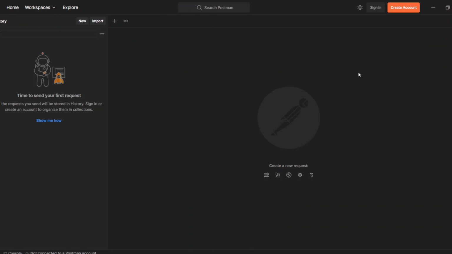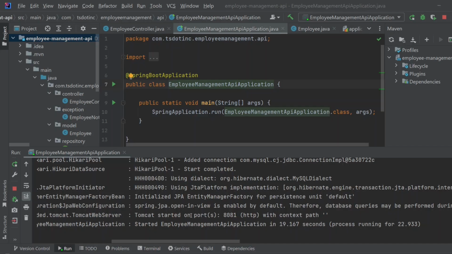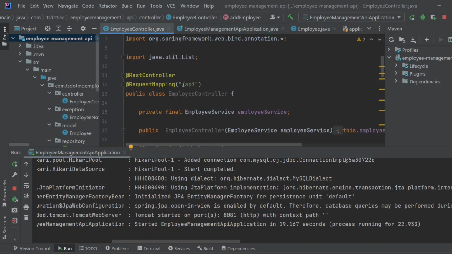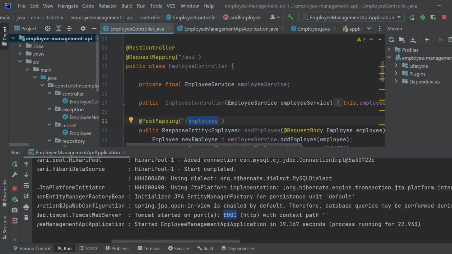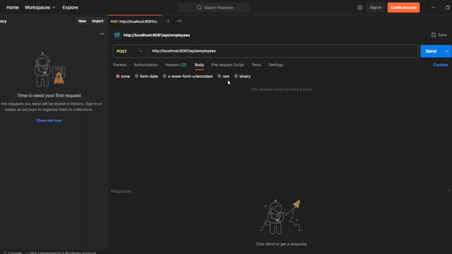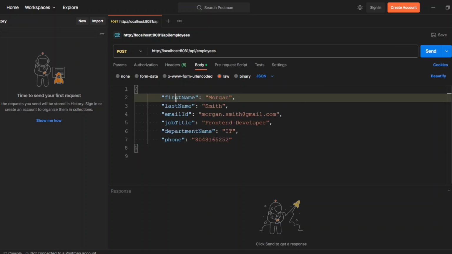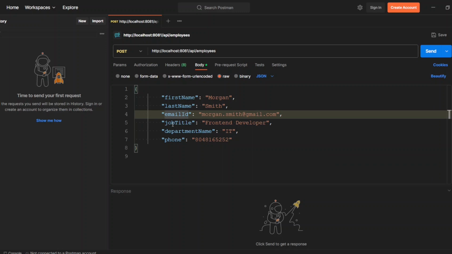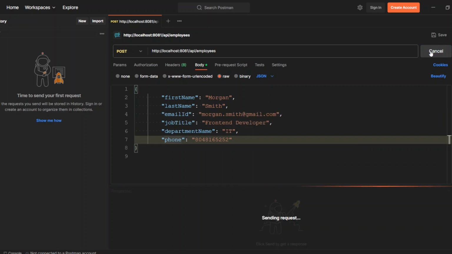To interact with our API, remember that our port number is 8081 and the URL is http://localhost:8081/API/employees. We will use the POST method to add data. In Postman, select POST, choose Body and then raw with JSON selected from the drop-down. You will need to pass the JSON data that matches the attributes in our employee model. When you click the Send button,